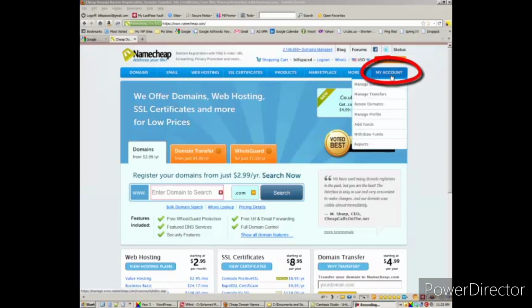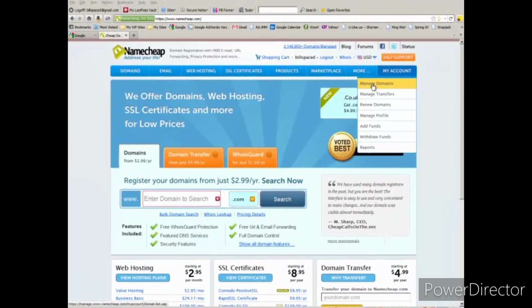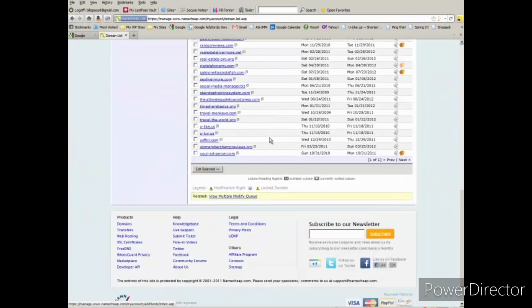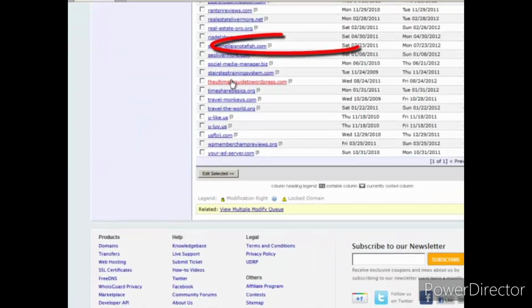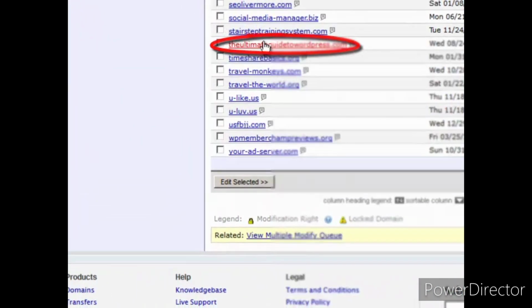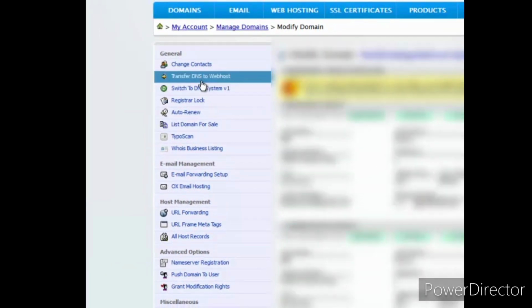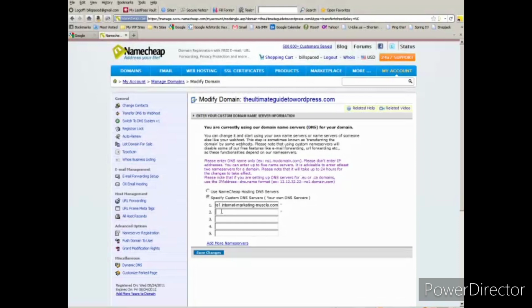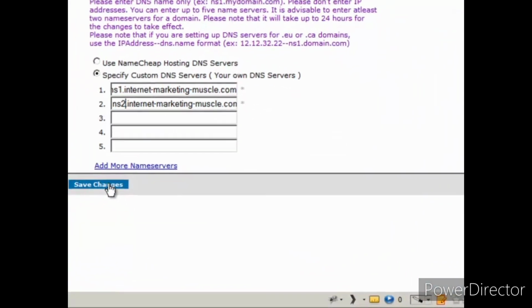So with Namecheap, what you do is you go to My Account and Manage Domains. And then you scroll down to your newly created domain name. And this is the one I just created. And you transfer DNS to web host, and then in here under specify custom DNS servers you type in your new name servers, and you should always have at least two, and then you click on save changes